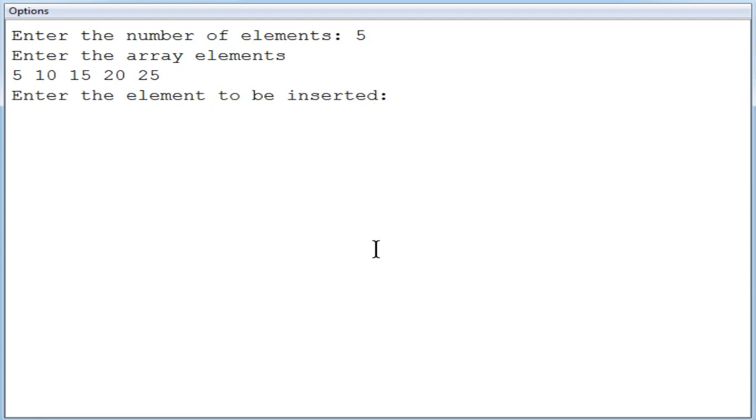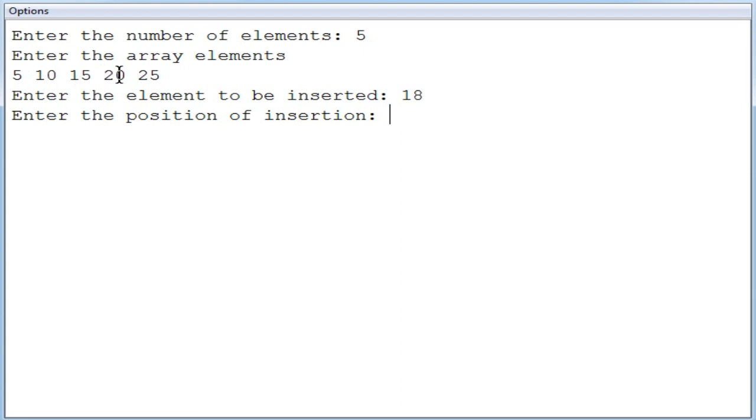Now enter the element to be inserted. Say for example I am going to insert 18. That is the number I am going to insert. Now the position where you are going to insert it. Say I want to insert in between 15 and 20. That means 0, 1, 2, third. So this is the third position.